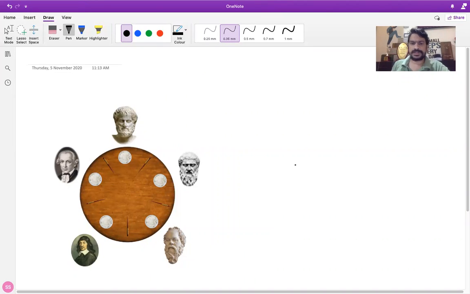So in the last class, we discussed the dining philosopher problem, and we gave a solution to this problem using semaphore. And what was the solution? I am just writing the solution. So the solution was that